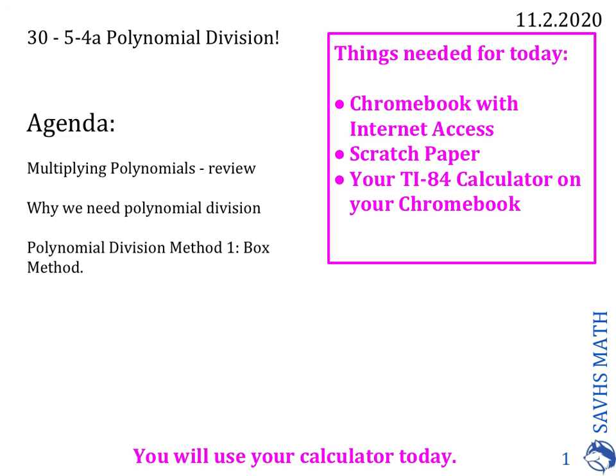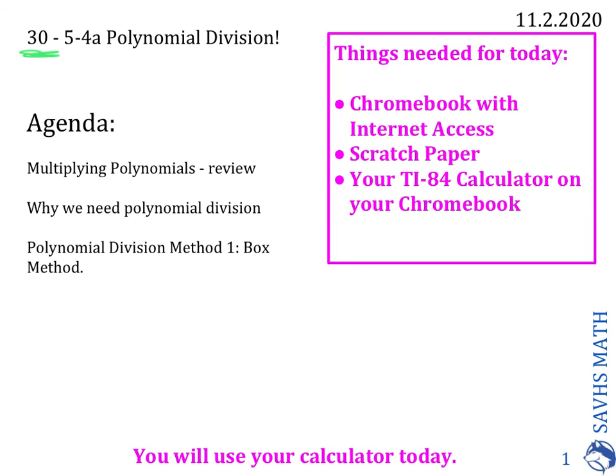All right. Hi, everybody. We are on day 30. We're really close. This is where the year or the unit kind of gets intense. And so I just wanted to give you a little warning that, yeah, this is a little bit challenging. It's a little bit abstract. I'll try to make it as clear as I can for you, but please make sure that you're emailing me. Please make sure that you're asking questions. Please make sure that you're doing what you need to do so that you get this because it's sort of